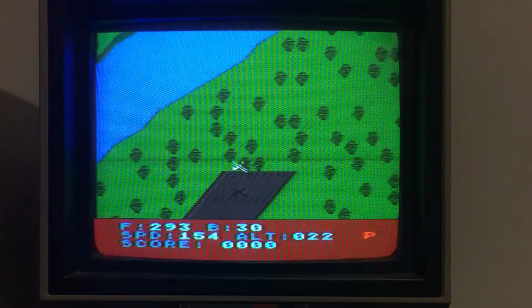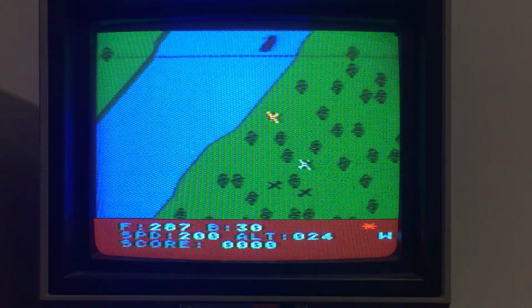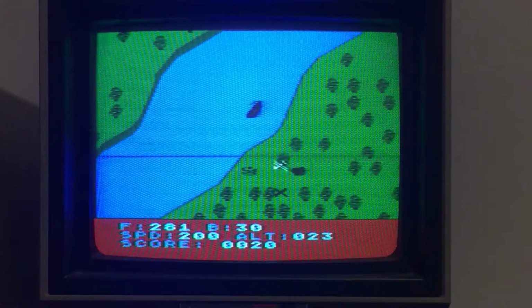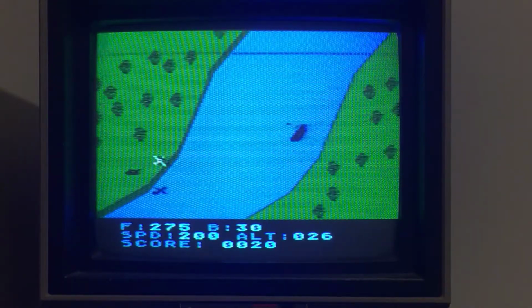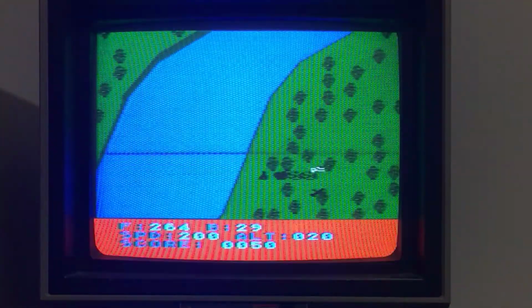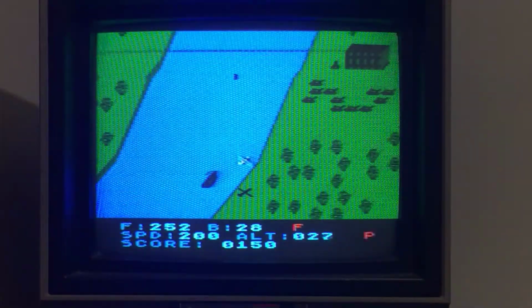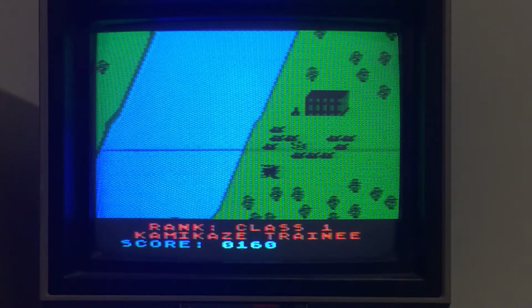I promise this will be worth it when I'm mowing down those tanks with my guns. There we go. Yeah, pretty neat, right? And as you can see, I've got a score of 20, so you do only get 10 points per tank. But it's still a really neat thing to do. It's kind of a show-off maneuver, you know. But anyway, let's take a look